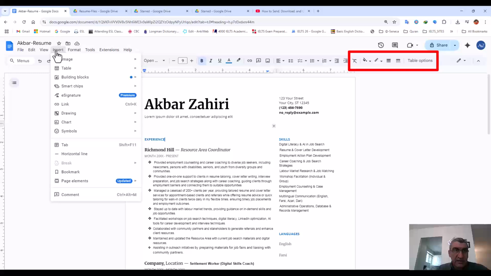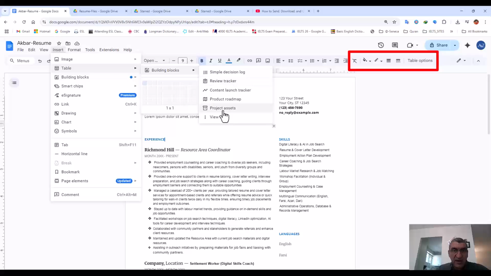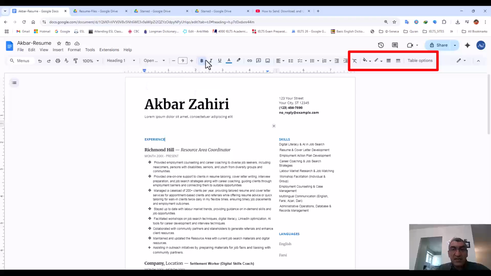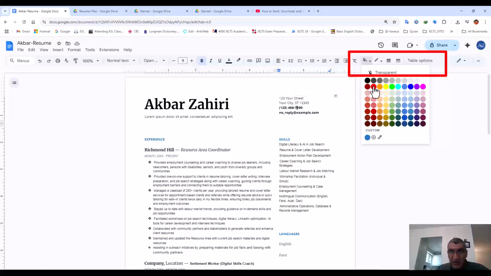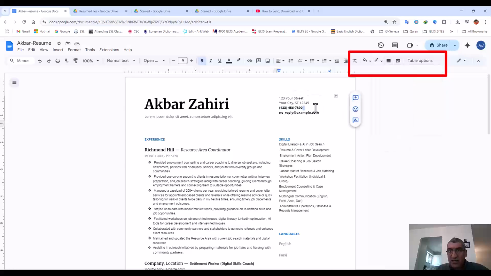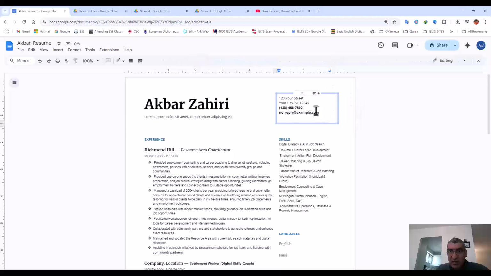If you go to insert, and you can put some images here, or put a table, bring tables, anything that you would like. When you put some other items here, based on those items, there will be some extra necessary options here. So when I click here, I see, okay, it says that if you want, you can color the table background, something transparent, or the border, anything that you would like. Here, the border width, you can change the border width. If I click here, again, for example, show the border, because it says that don't show the borders. If I click here, you can see the borders. Then I can change the color of the table here.